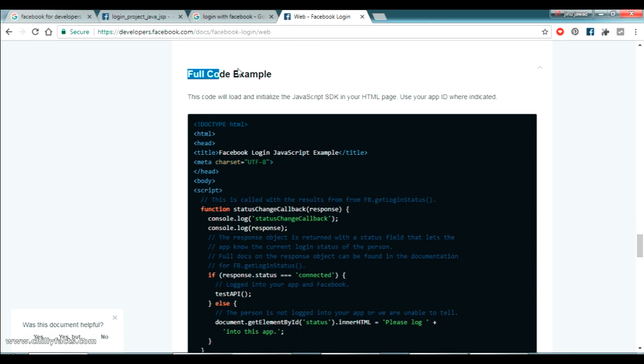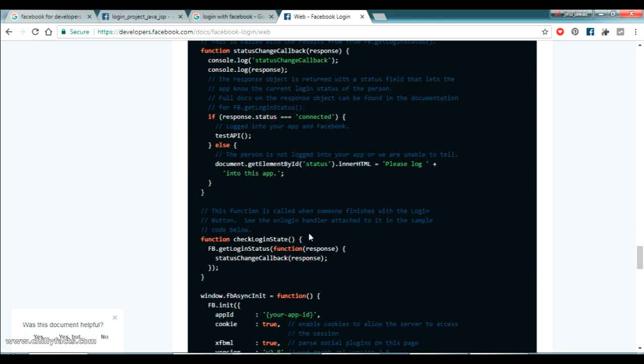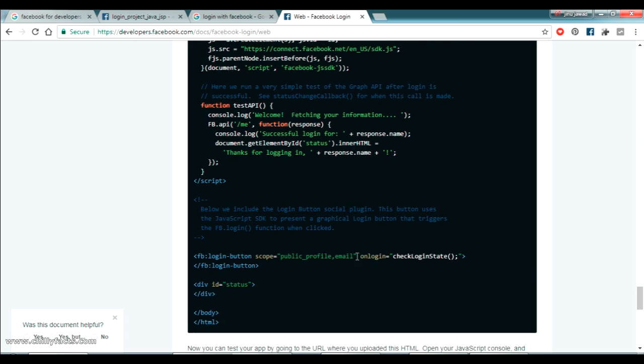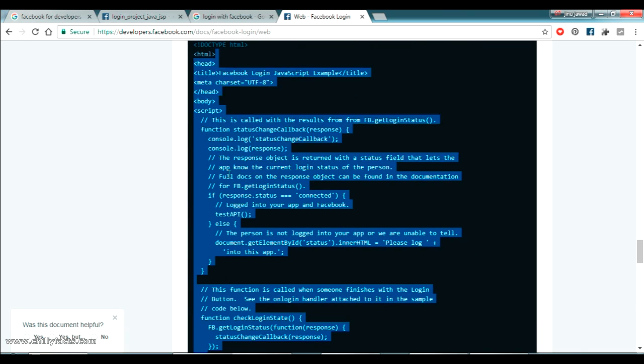Here you can see a full code example is there. This is a basic HTML page where we can ask our users to log in directly to Facebook, and get the status of whether the user is already logged in the browser or not. Okay, so I'm just copying this one from here,